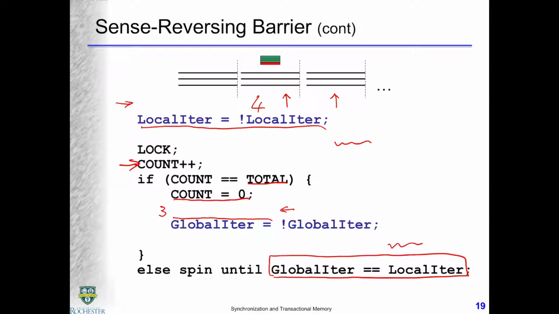So you have a local iteration, or it's no longer an iteration, but a flag or whatever you want to call it, an indicator. So every time you flip it, and that's hence the name sense reversing barrier. So you get that, and that's sort of the cuteness of it. Now, okay, so what is the real problem? The real problem here is still,